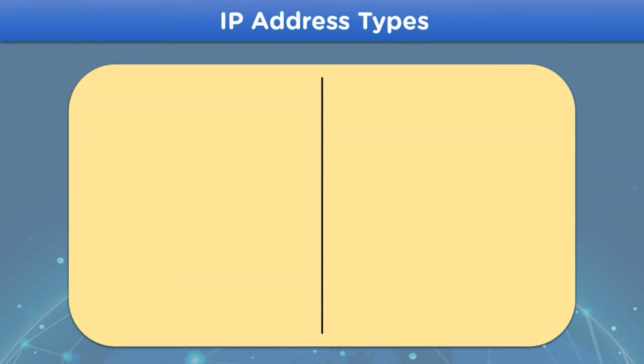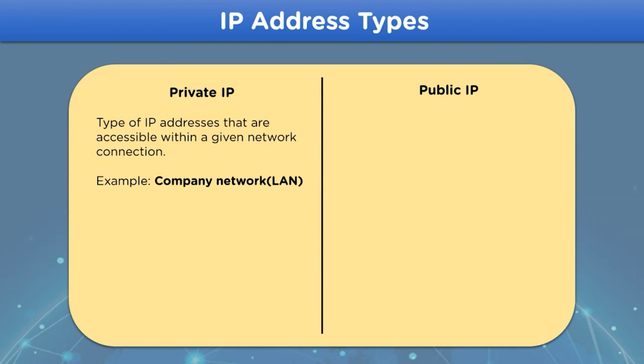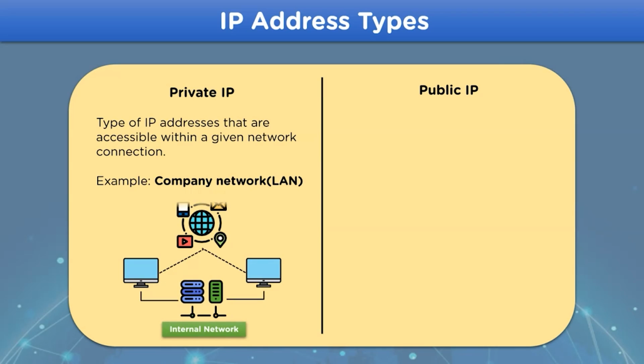Let's see different types of IP addresses. On the basis of accessibility, we have private IP addresses and public IP addresses. For private IP addresses, the devices are assigned addresses in a network and each system is provided with a unique IP address, through which they can communicate within the same network but cannot access the public network. And they do provide much more security in regard to public IP addresses.